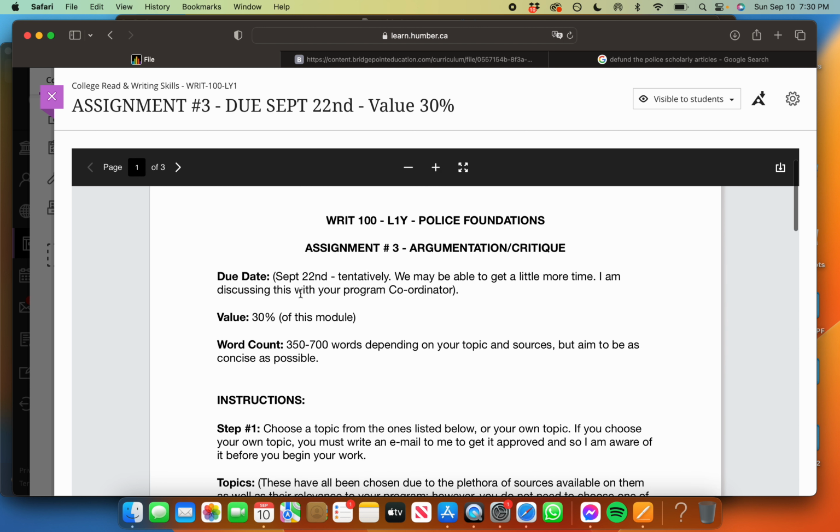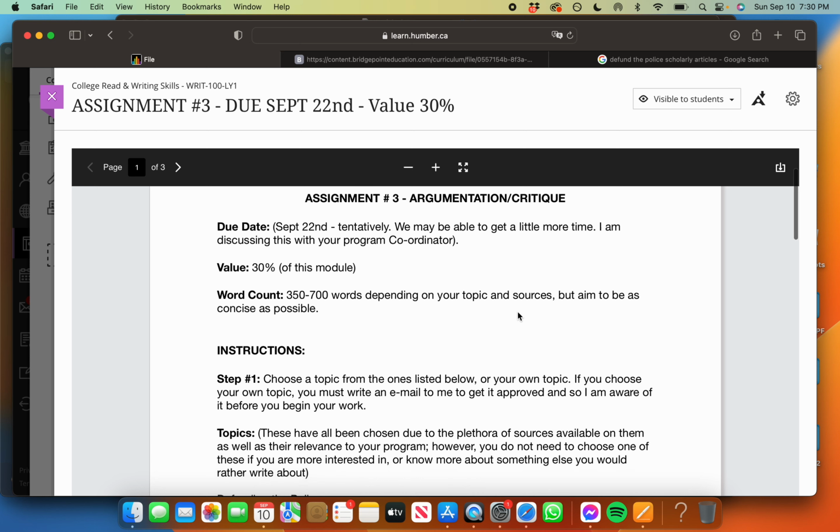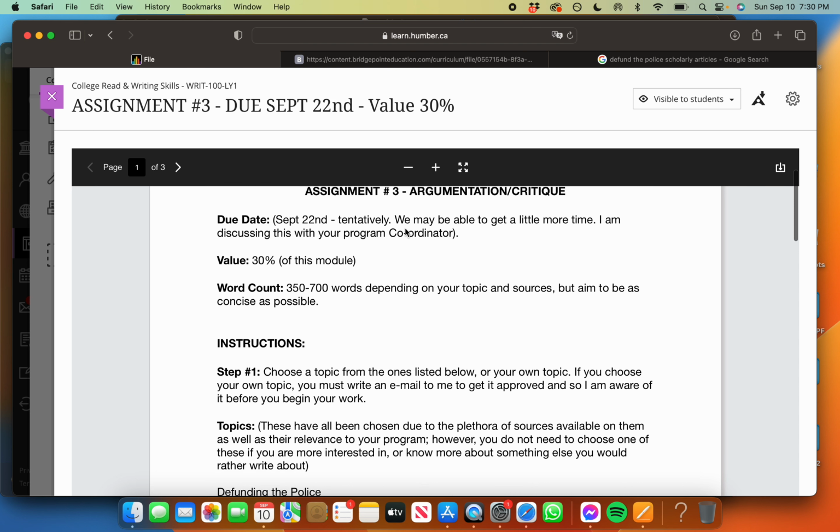So again, it's due September 22nd, which is technically the last day of this module. We may be able to get a little more time. So I actually did discuss this with your program coordinator. He was available on Sunday. I wrote to him. I wasn't expecting to hear back from him until Monday, but I did hear back